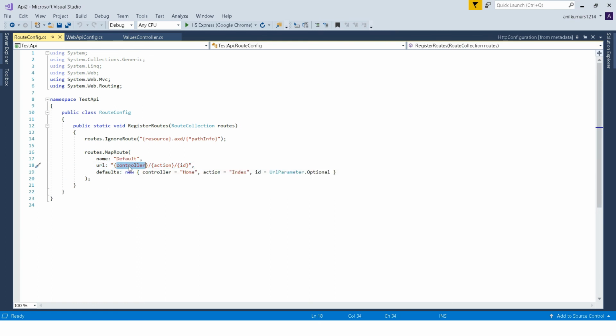First we are giving the controller name and then the action name. Like I said, all the method names in a controller are called action methods, so that method name, and if that has an ID, we are giving the ID. So that's an optional parameter we are passing.